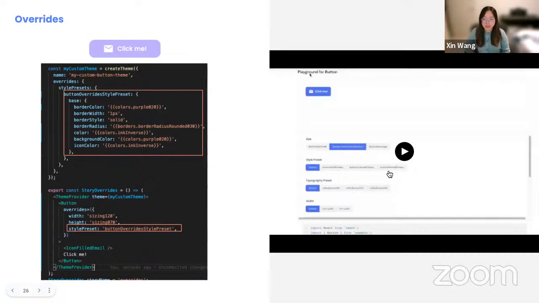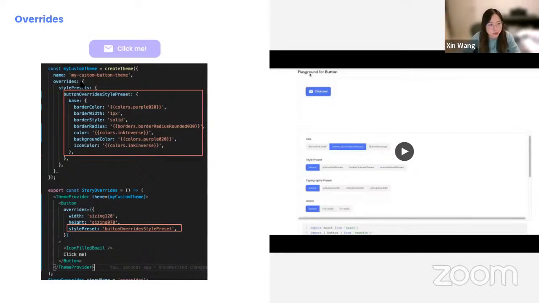Then you might wonder, that button outline primary is already defined by NewsKit, so it knows what style to use. But what if I want to create a style preset that doesn't exist in NewsKit? Well, you can do that as well, but you have to add this new style preset on the same level. In NewsKit, we have this create theme function.